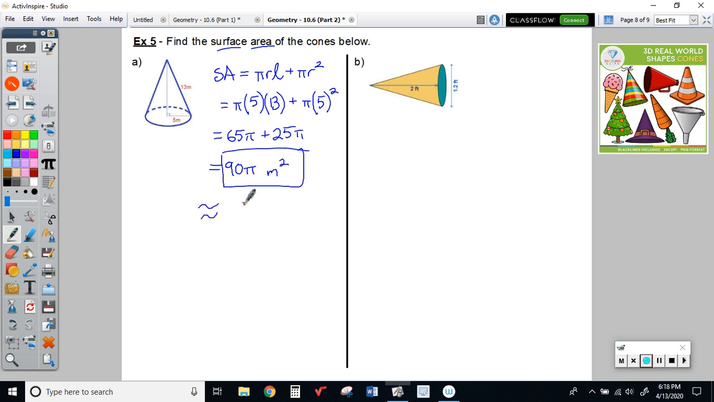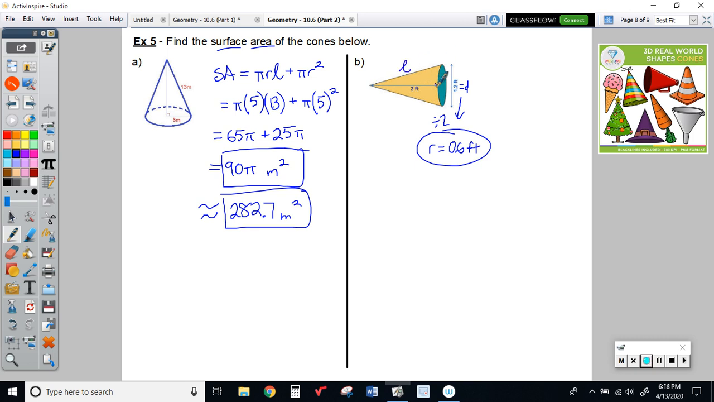Put that in a calculator, you'd have approximately 282.7 meters squared. And then on this one, it looks like you're given the diameter, so that's d. So then you divide by 2, and you can get the radius as 0.6 feet. So the radius is 0.6 feet, your height is 2, and so if your height is 2, your slant height